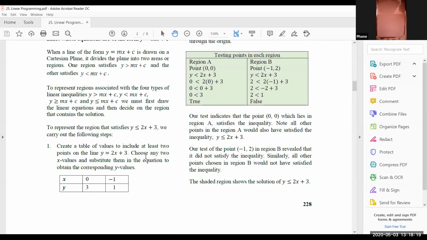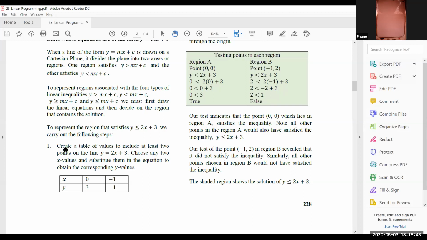So now, when we are dealing with the equation of a line, y will be greater than mx plus c, and the next one, y will be less than mx plus c. Any questions there so far? No, sir. Right, sir. So to represent the region that satisfies an equation that would look something like this, we carry out the